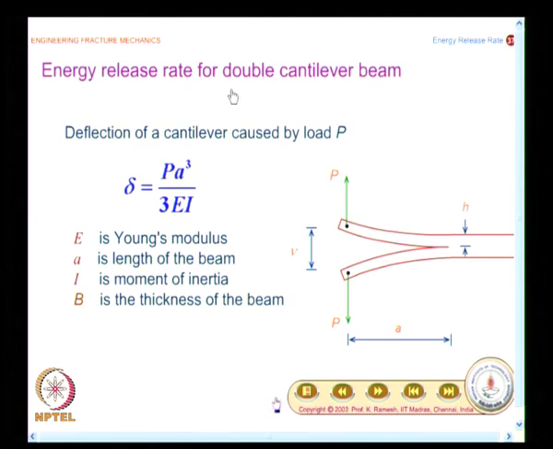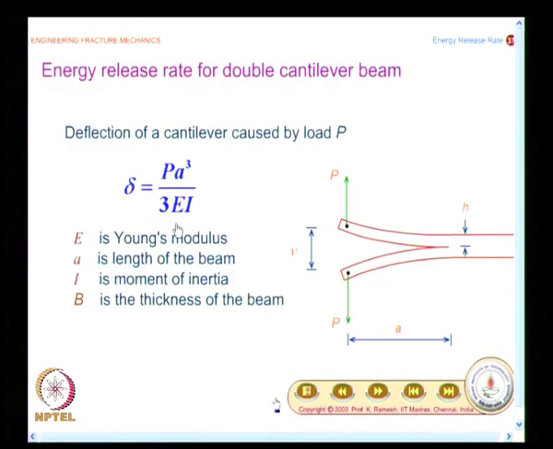The moment you say DCB, you should recognize you have a specimen of this nature, you have a crack, and the top and bottom portions behave like cantilevers, and from a simple course in strength of materials, you know what is the deflection at the free end, and that is given as delta equal to P A cube by 3 E I, that is what is given here,